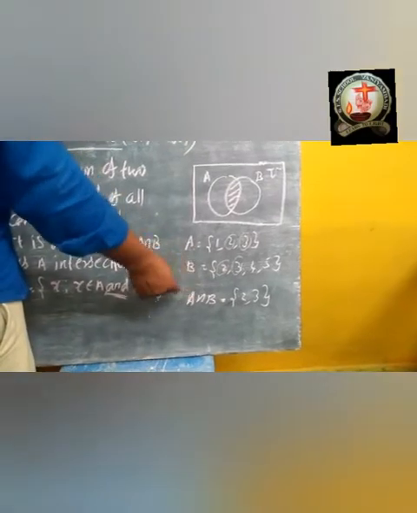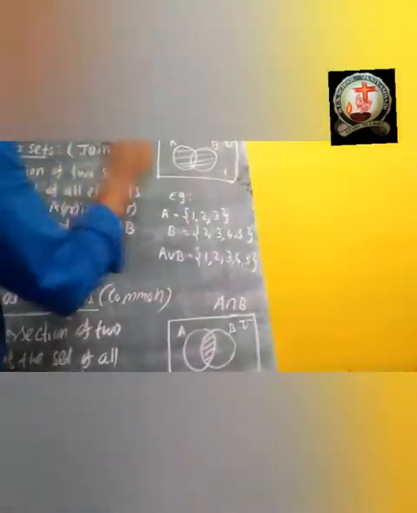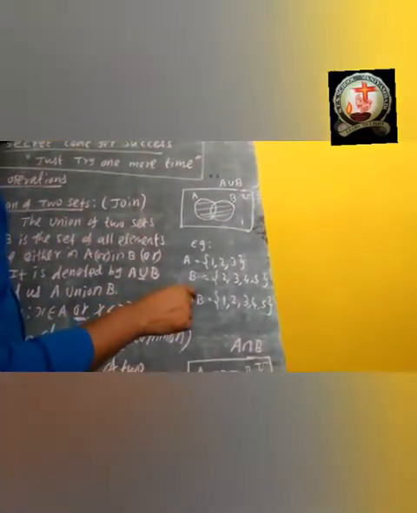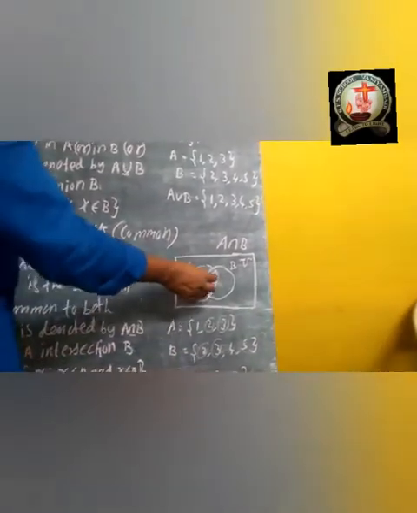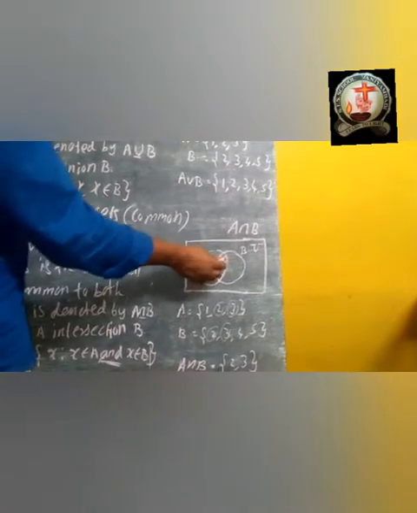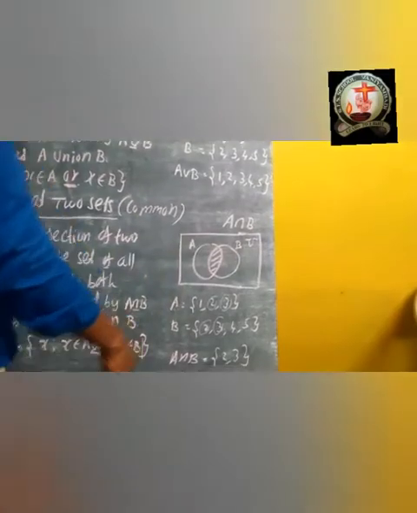Intersection means common. In the Venn diagram, look at this, this is a Venn diagram. This diagram is named a Venn diagram because it was found by Venn. The name is Venn, so they mentioned Venn diagram here. See here. So intersection means common. In these two circles, which is the common part? The center part is the common, so I have circled it here. Okay.